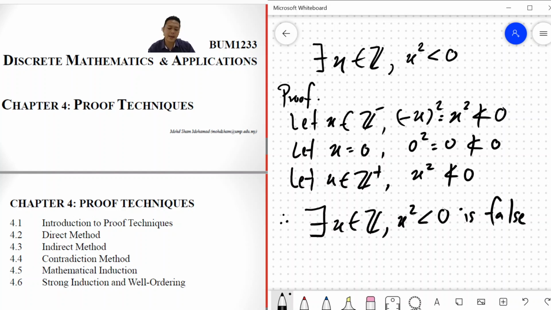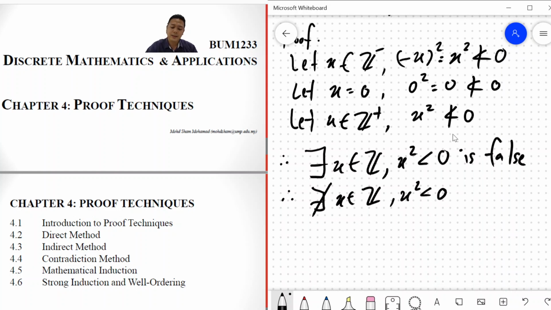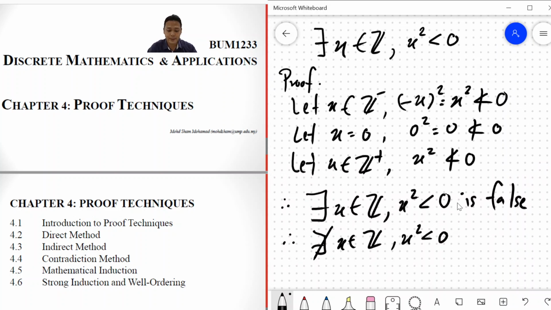Some students might ask, can I use this, sir? There does not exist x in Z such that x squared is less than 0. This is also the same conclusion. There may be different conclusions that you can make as long as they remain the same in meaning. So that concludes the preparatory part, the preparation part, which is on how to link the quantifiers